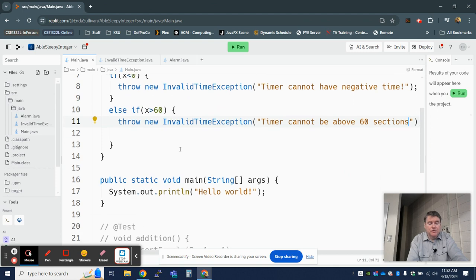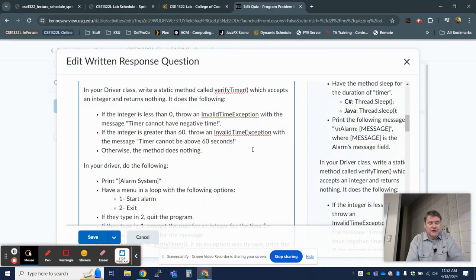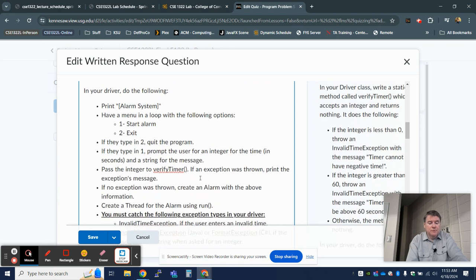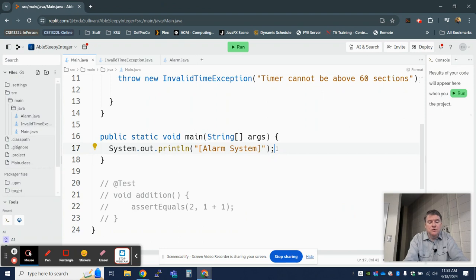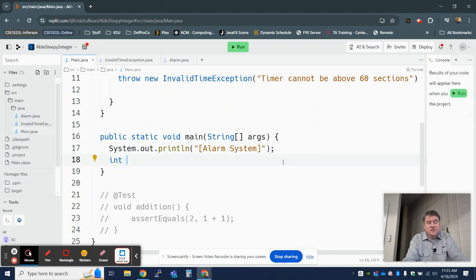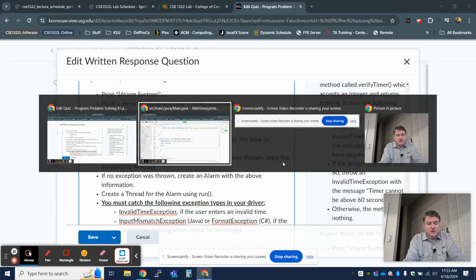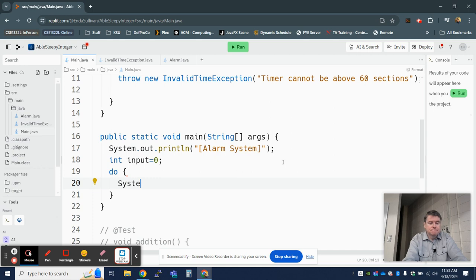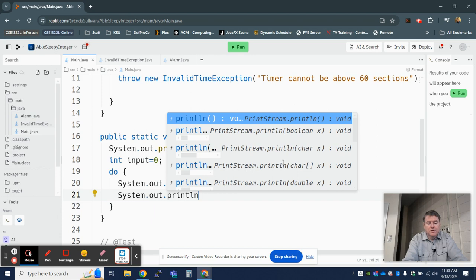In your driver, do the following. Print "Alarm System." And then have a menu in a loop with the following options: 1, start alarm; 2, exit. If they type 2, quit the program. All right, so we're going to do int input. We'll set it equal to 0, and then we're going to say do. We're supposed to print out a menu. And the menu is supposed to have 1, start alarm, and 2,